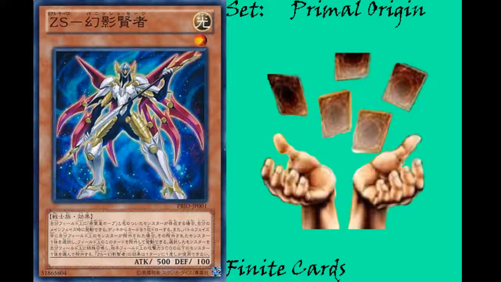You can only use one Zexal Weapon Banish Sage effect per turn and only once that turn. So this guy is really nice. Banish Sage is a very helpful card because if nothing else, you have it summoned on the field, and if you have a Utopia, you can draw an extra card per turn. Even if you never use the banish effect, that's nice. You just have this monster out with a Utopia, you can draw a card a turn, which is its first